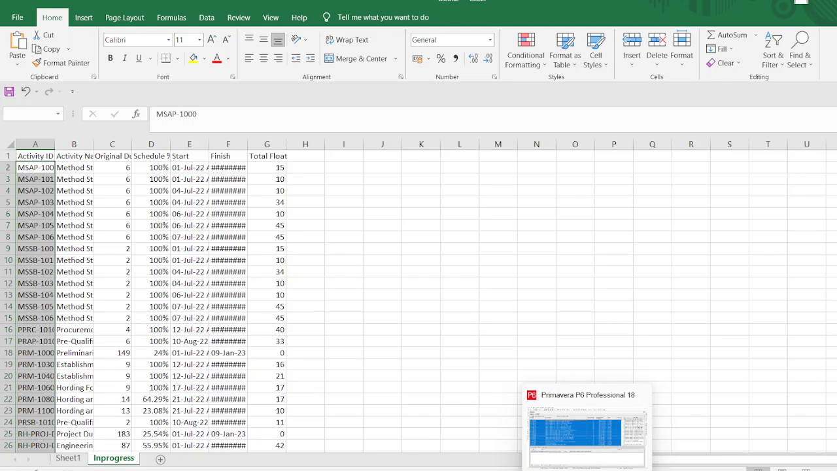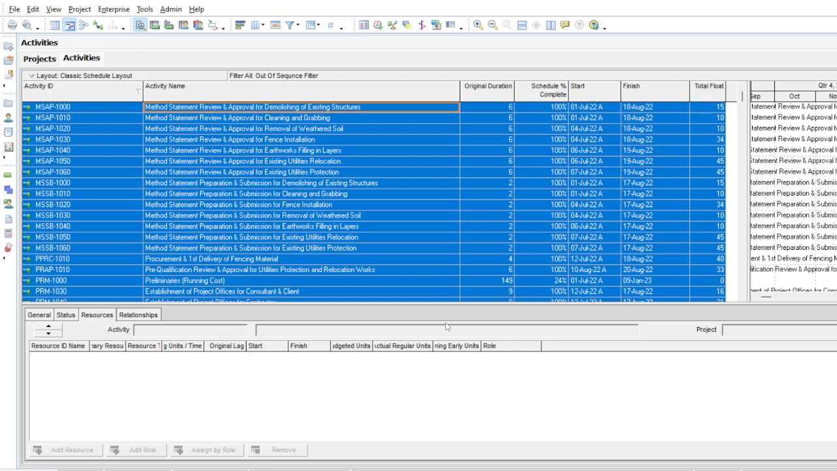Now some activities are already completed but still out of sequence. In the retained logic technique, even when the activity is completed and its predecessor is not completed and its successor is not completed, the impact of the predecessor activity will come on the successor activity through the completed activity. For example, we have activities A, B, and C,